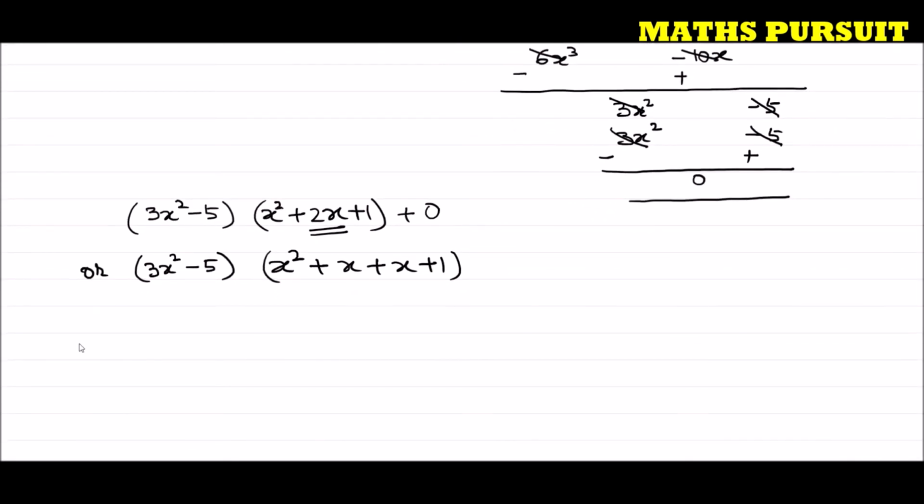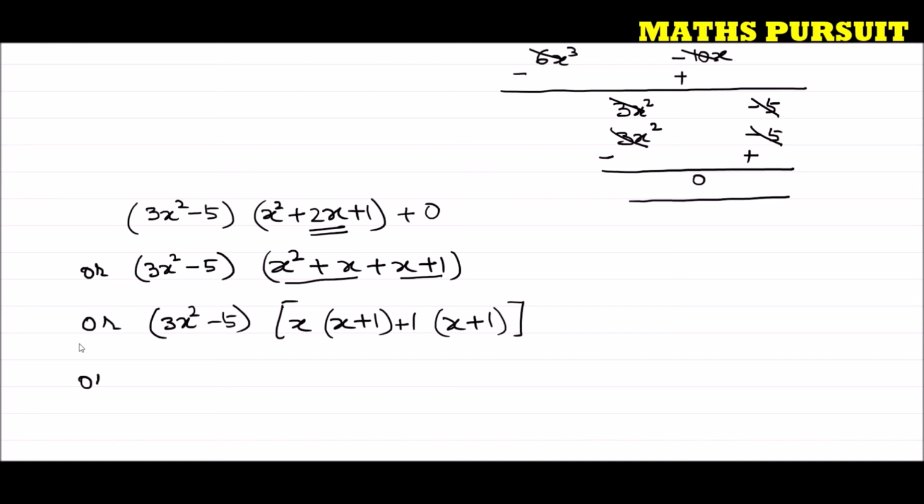So I can write 3x to the power 2 minus 5 into, here x to the power 2 plus x, I can take x as a common. If I take x as a common, I can write x plus 1, and simply I can put x plus 1 here. And here, what should I multiply with x plus 1 so that I can get x plus 1? Our answer is simple. If I multiply with 1,